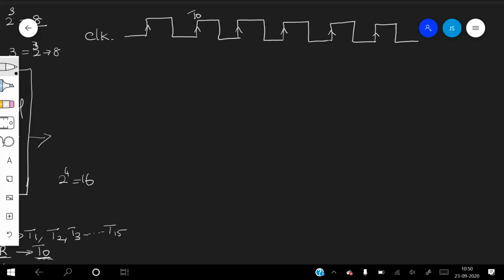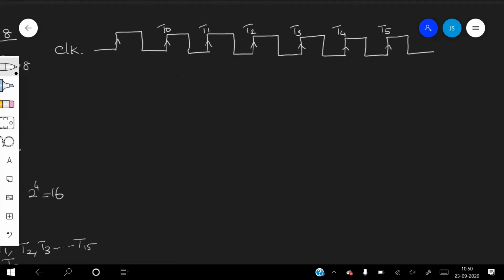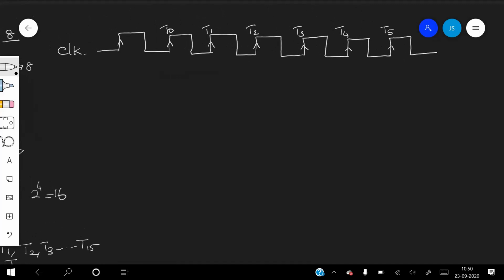Let's say time T0, T1, T2, T3, T4, and T5. The timing signals T0,